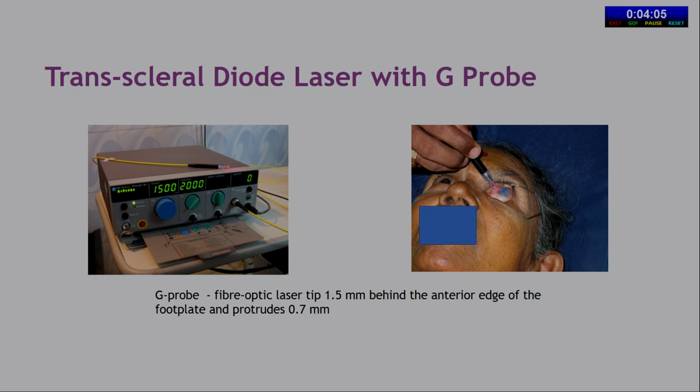Generally, we do not do 360 degrees. We always end up with 180 degrees. Very, very rarely I have done 270. Always give a peribulbar block or a local anesthetic block, have monitoring of the patient, and informed consent is